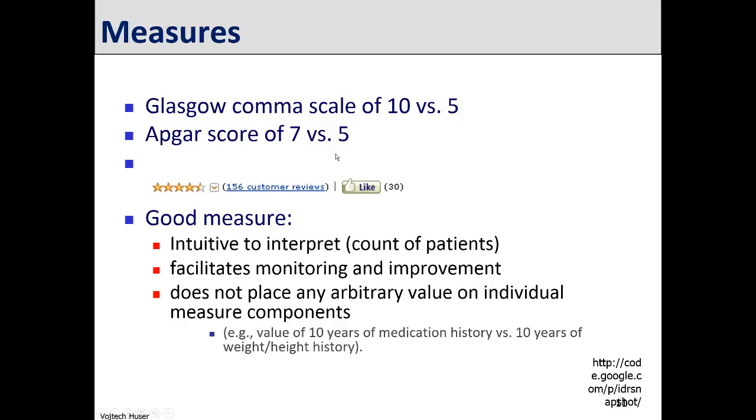So it's difficult to make value judgments whether 10 years of medication history is equally valued as 10 years of height and weight history. And if one doesn't want to make those trade-offs and value judgments, the best way is to go with basic